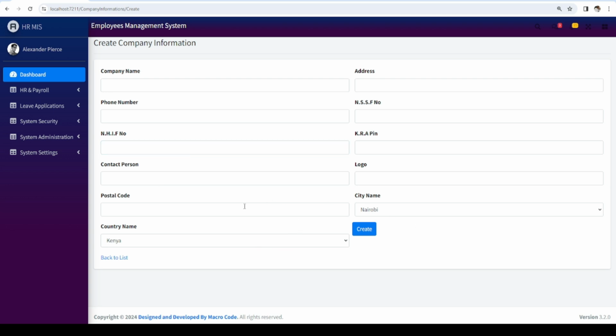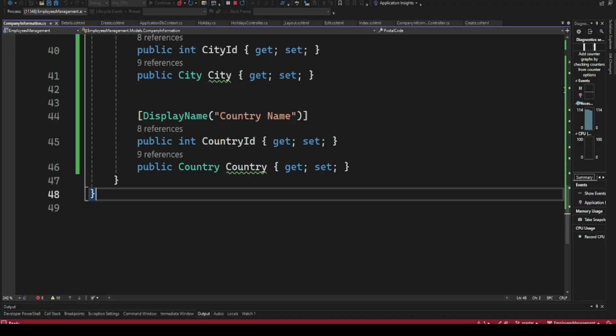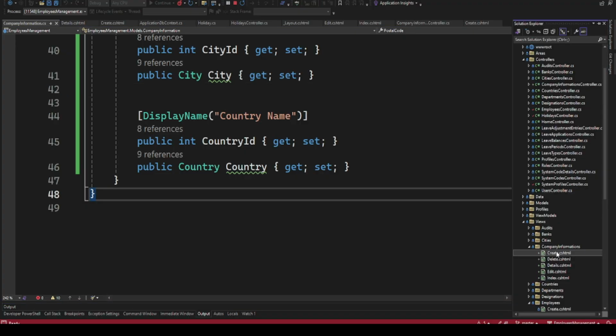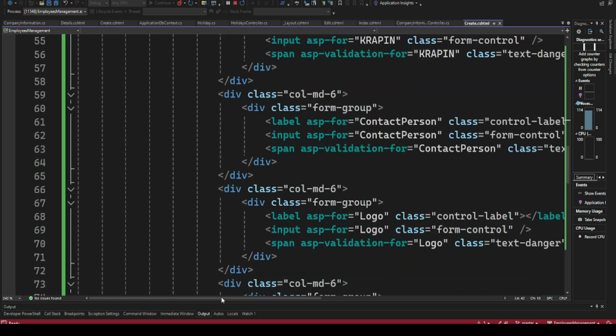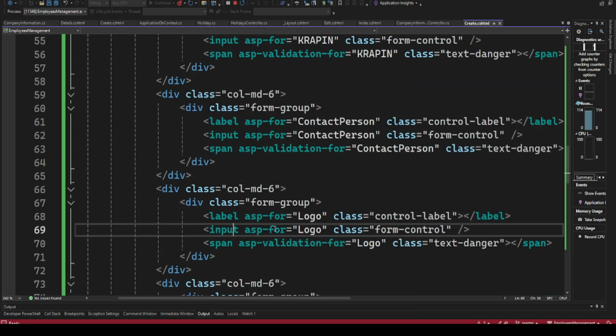But now there's something we missed here. Yes, I think we have the logo. So the logo is not something that you are going to type. So this will be a file. So we need to attach a file. So I'm going to go under create, then I'm going to change that. So here instead of input, I'm going to do